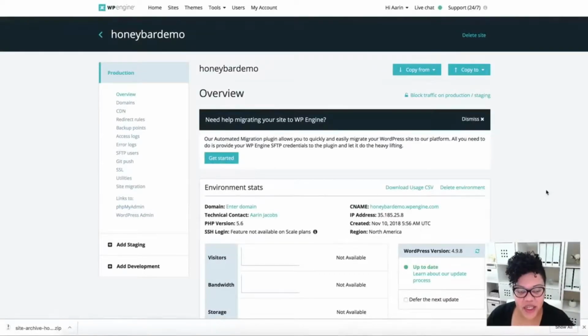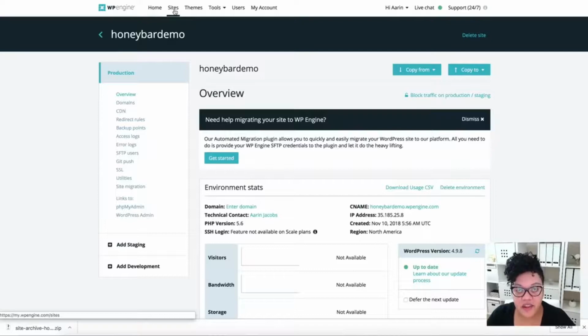Okay, so the next thing that we're going to do is create a backup of the site because we've done a lot of work, and WP Engine's really good about backing up once a day. But if you've done all of this in one day, you're definitely going to want to make sure that it's all backed up. So what we're going to do is go to sites,